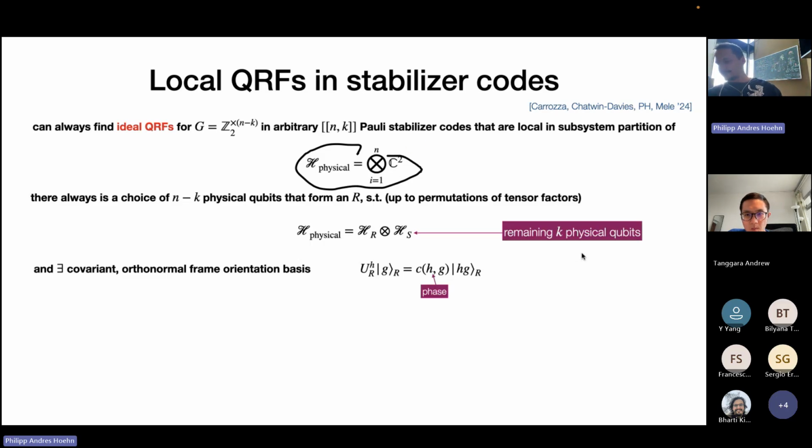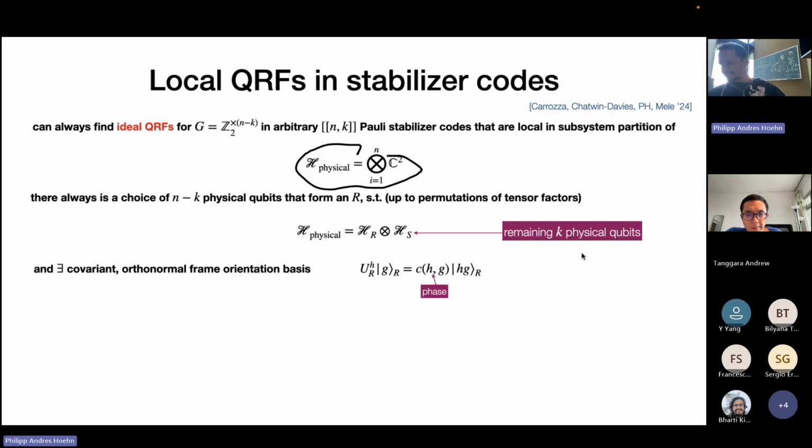So some [n,k] stabilizer code with some stabilizer group like this. And the statement is you can always find ideal quantum reference frames inside that code, which are built from physical qubits. What I mean by that is you find a partition of the physical qubits, such that you can pick n. There always exists a choice of n minus k of these physical qubits that define a frame Hilbert space H_R, and the remaining k physical qubits define the system